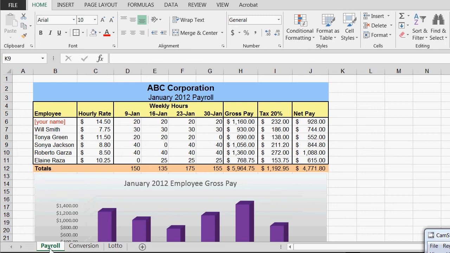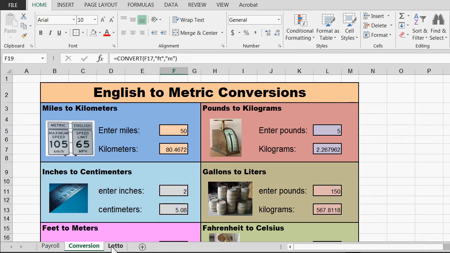This is a look at Homework 3. Homework 3 should have 3 sheets to it. There's the payroll sheet, the conversion sheet, and the lotto sheet. You can add new sheets by hitting the plus sign, and to rename the sheets, just double click right on